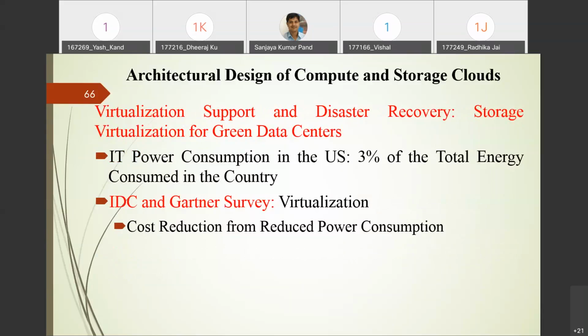Also, an important factor is power consumption. We repeatedly discussed this power consumption part, and the analysis says that 3% of the total energy consumed in the US is due to IT infrastructure, and drastically it is increasing because the number of devices per person is also increasing. We are using smartphones, smart TVs, right? Many things, like laptops. Nowadays people are using two or three laptops due to this COVID situation, right?